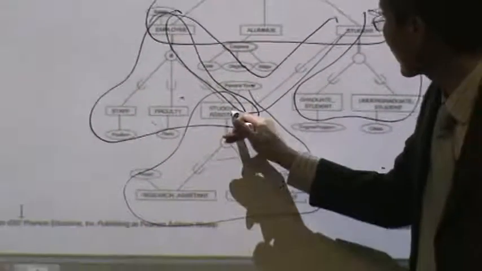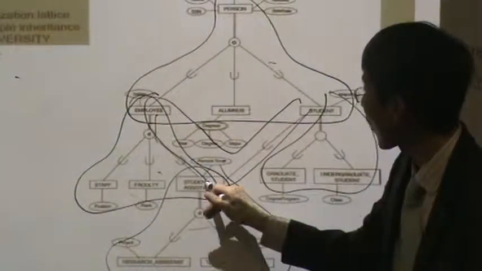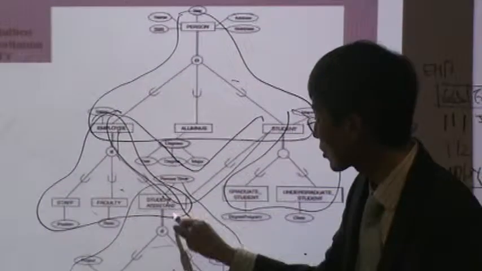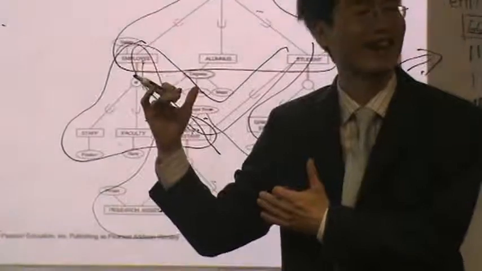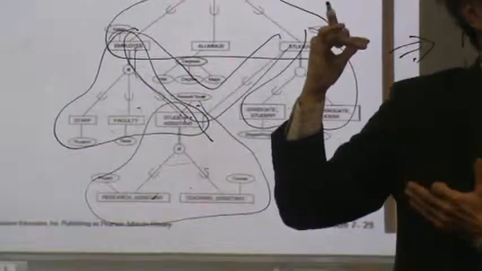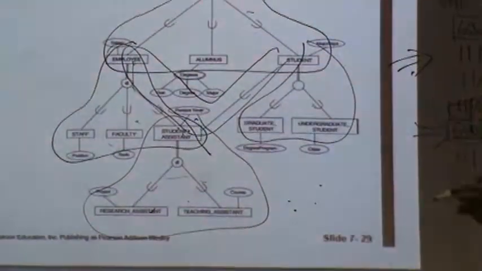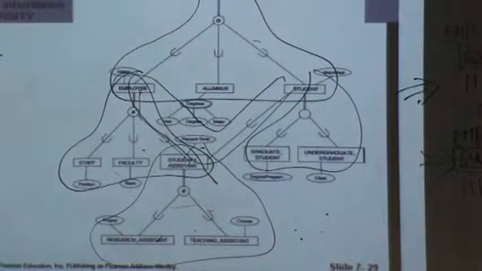For example, this one is a subclass of this one, but it's also a superclass of this. It can be possible. It's an extreme case. So in a real project, you cannot see such a case frequently. However, this is a possible case, so we need to handle